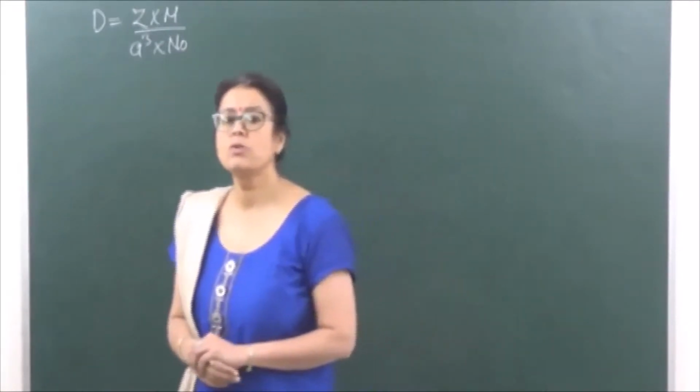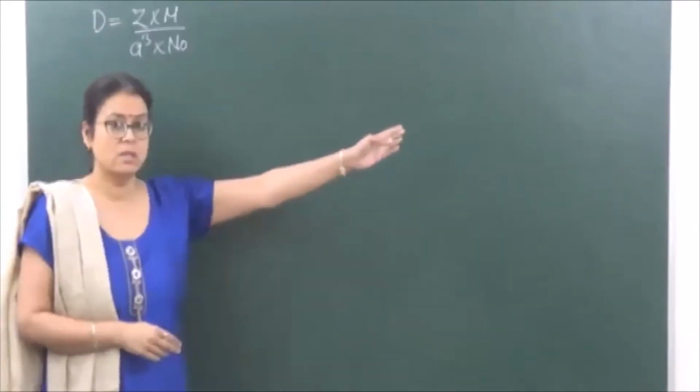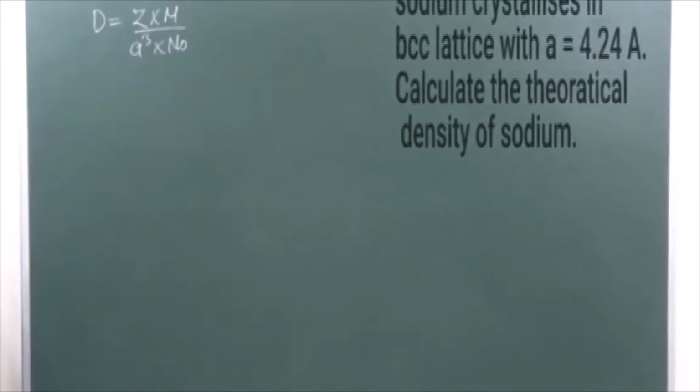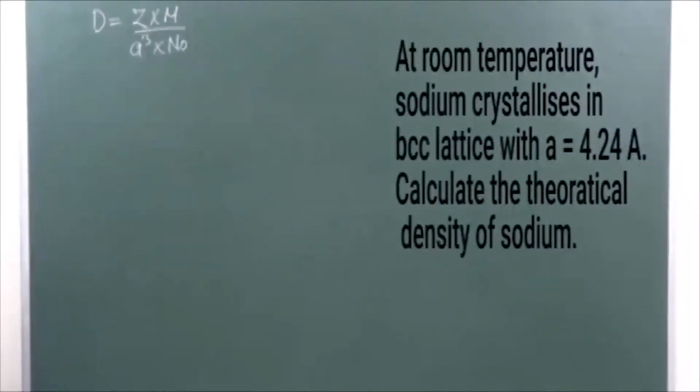So let's go on to the first one. Your question is going to come on this side. The question is, at room temperature, sodium crystallizes in body-centered cubic lattice with A is equal to 4.24 Angstrom. Calculate the theoretical density of sodium. So this is a very easy question. We will apply the formula direct. The formula is